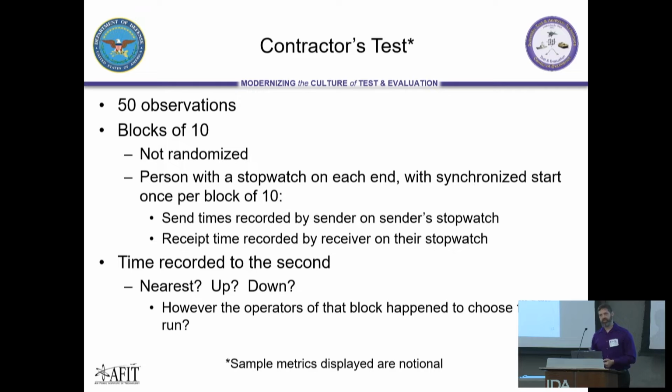So what can we do with this? There are things we can still do with it. Also, the time was recorded to the second. Was this the nearest second? Did they round down to truncate it? Did they round it up? Or was it however the operator felt at the time? Maybe they typically truncated it, but the operator one time saw 5.98. I mean, it'd really be more accurate to put 6, so I'll put 6 this time. Okay.